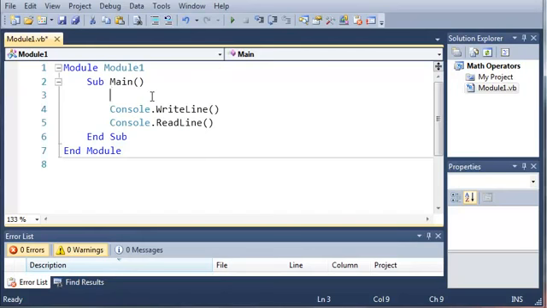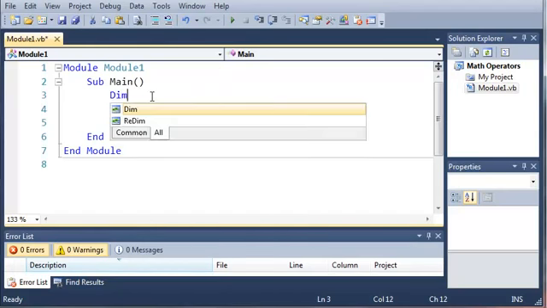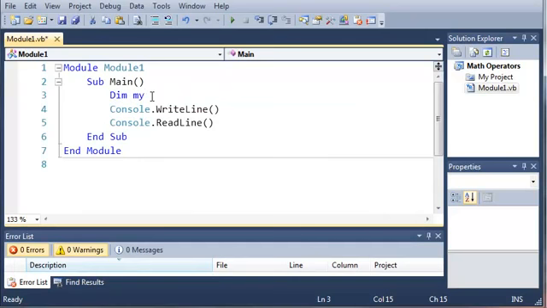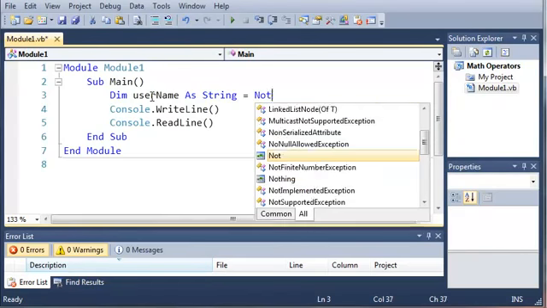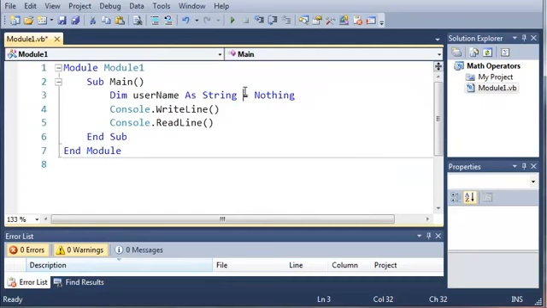Let's go ahead and create a couple variables here. So we'll use dim. Let's just do user name as string. I'll start it off by setting it equal to nothing. Now, this is just a safety precaution here because if the user does not input anything as their name, then string will not be equal to a value and we'll get an error if we try to print that out